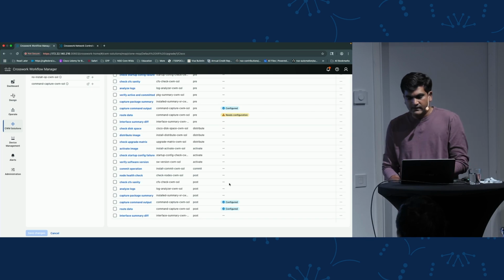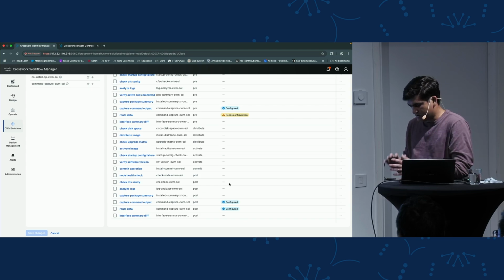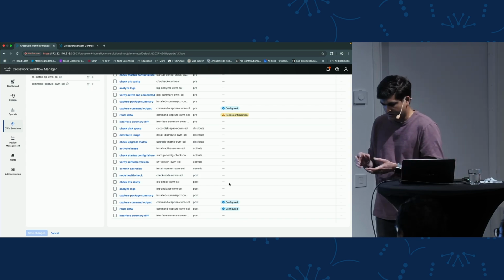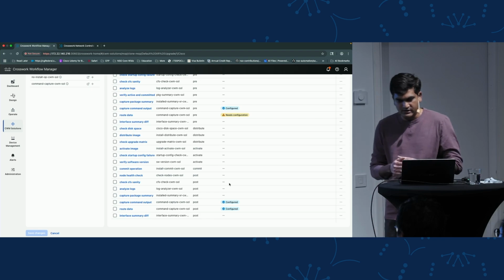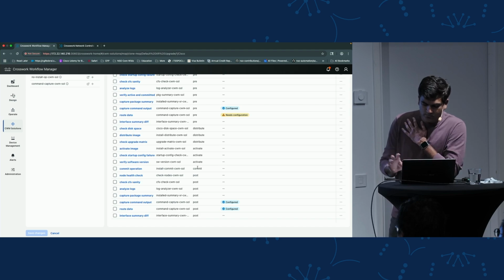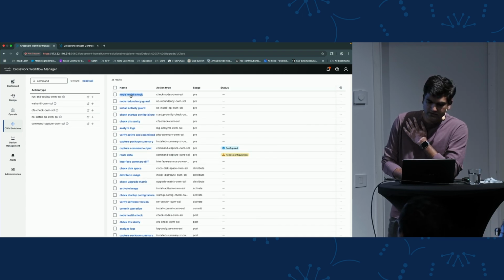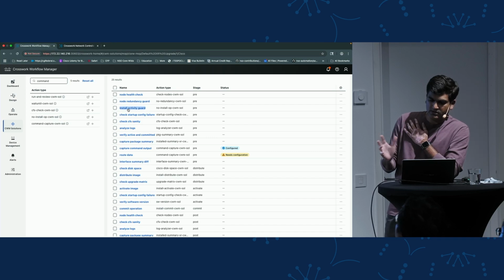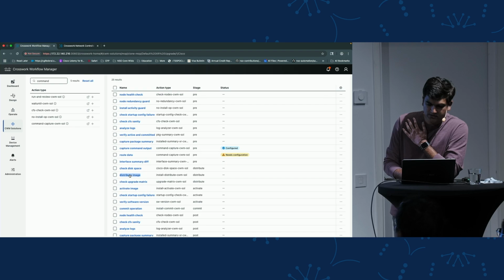So now there are two kinds of activities. One is static. What we have seen is the second kind of activity that takes the configuration and works off of that configuration. The default MOP, or the activities that we have built out of the box, has both kinds. The static ones are node health check, redundancy check, install activate guards, and all of it. And the ones that take the configuration are where we could modify or distribute image or activate and all of